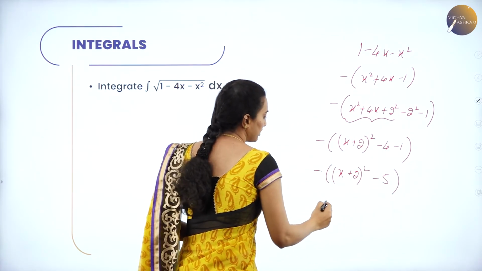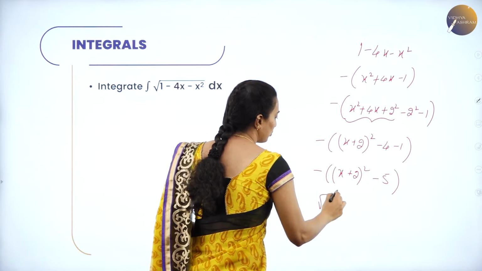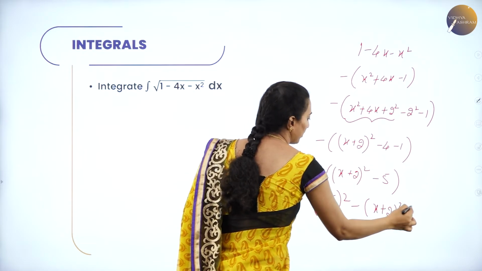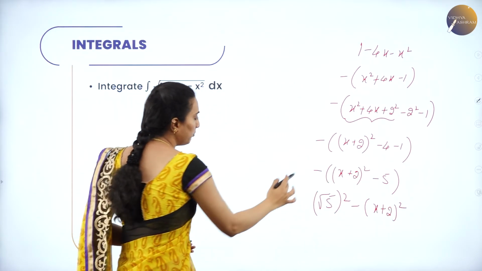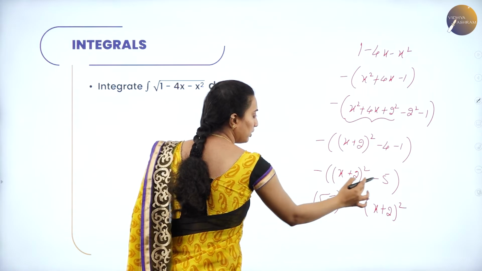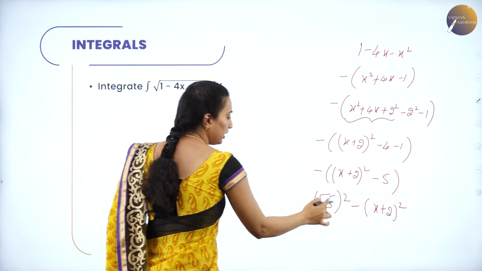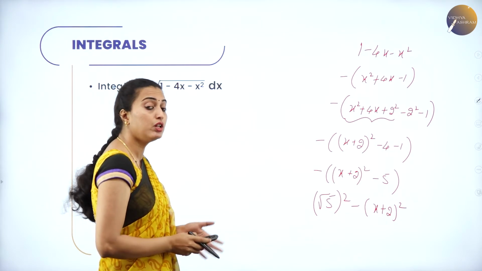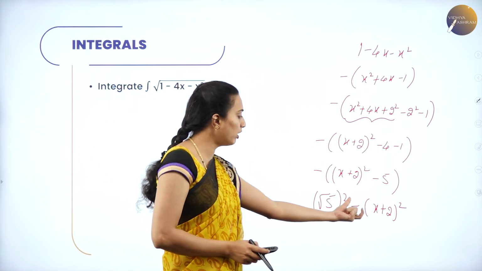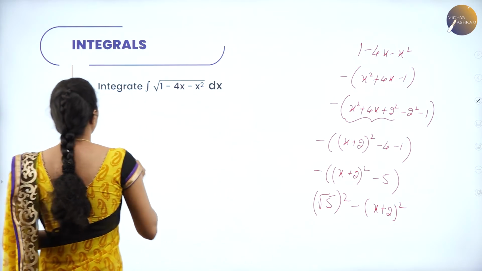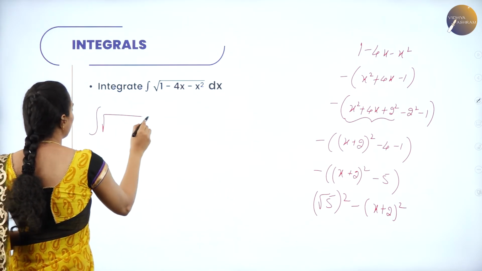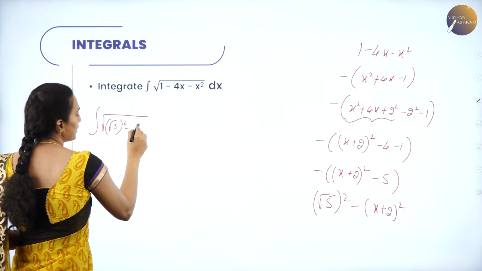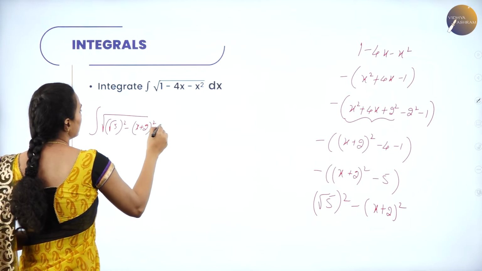Now multiplying the minus sign, first will come 5, which can be written as root 5 whole squared. Again this will come negative, minus of (x plus 2) whole squared. I hope you understood this one. Negative into positive is negative, negative into negative is positive. This 5 I have written as root 5 whole squared, because I have to write it in the form of a squared minus x squared. Now you know a squared minus x squared is what? So therefore under the root of root 5 whole squared minus (x plus 2) whole squared,